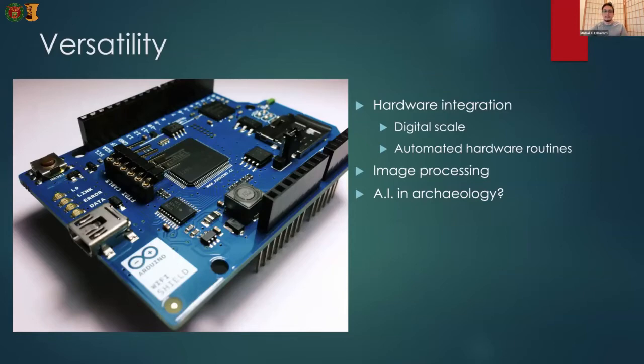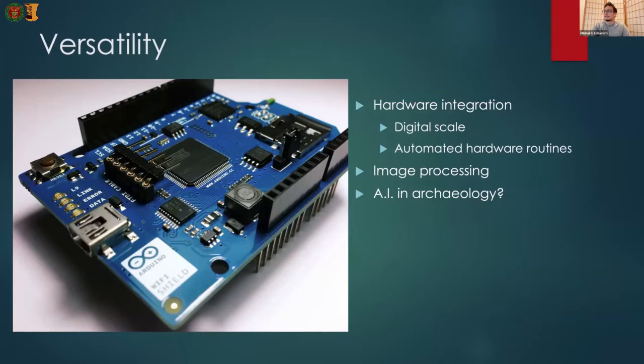So I don't have to copy artifact weights by hand. It can just be inputted directly into your database, reducing error, making it faster, and circumventing buying a super expensive digital scale. You can just hack this coffee scale that I bought. You can do that with Python.